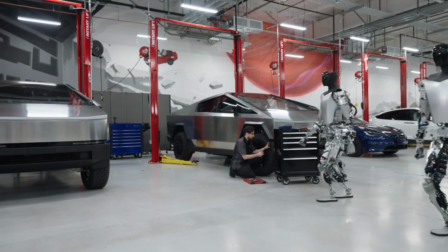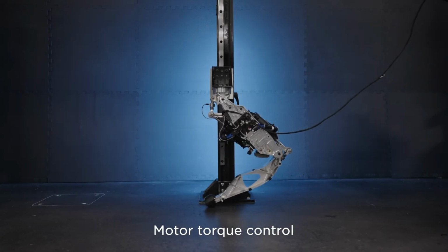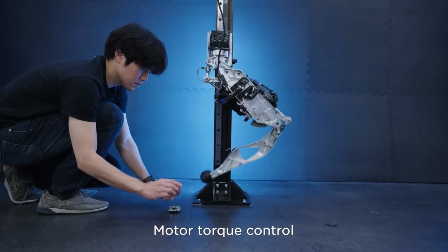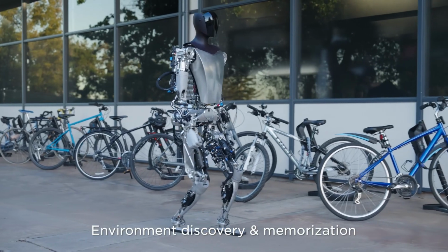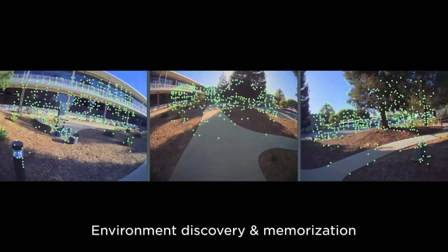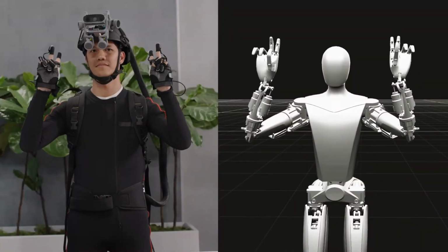In today's episode, we are going to take a look at the Tesla Robot Update 223, the newest version of the humanoid robot that Elon Musk unveiled in 2022. The Tesla robot is designed to perform tasks that are boring, repetitive, or dangerous for humans, such as cleaning, gardening, or factory work. It can also interact with humans using natural language and gestures, and learn from its environment using